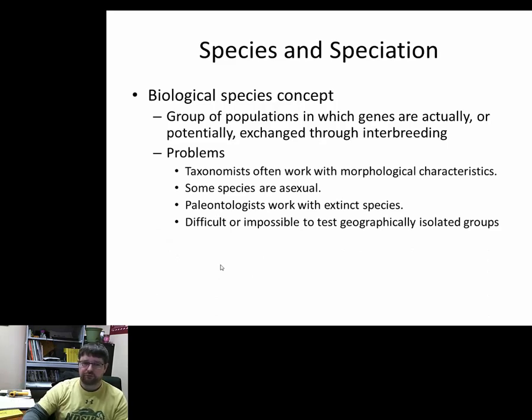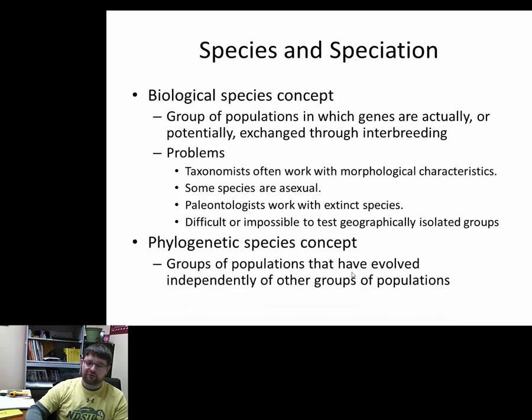First of all, if it's an asexual species, it doesn't really work. Most of the taxonomy is done through morphology, so physical characters, not whether or not things can mate. Any extinct species, it's very difficult to tell if they would have mated with each other. So most of that's done from morphology. With all fossils, you can't see if they mated or not. So it's difficult to establish a true idea of what a species is using the biological species concept. So instead, what's been created and what's used in modern times is the phylogenetic species concept.